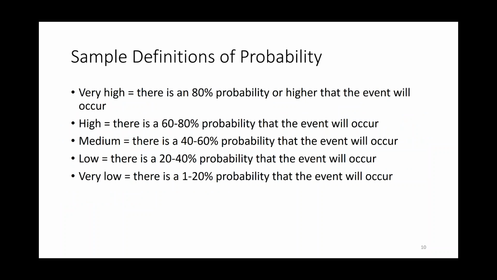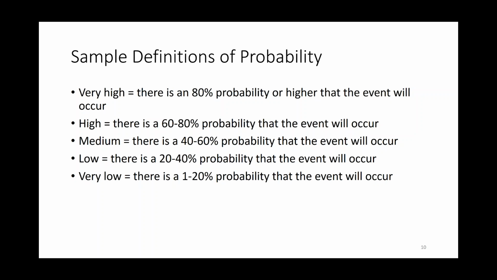So these are some sample definitions of probability, and many of you use this band, and it's a very common band. If it's in 5 categories, you just have an even 20% in each category. Nothing wrong with it. It's totally fine. Notice I say that the event will occur, right? Just that it'll happen. There are other ways to do this that reflect risk appetite.